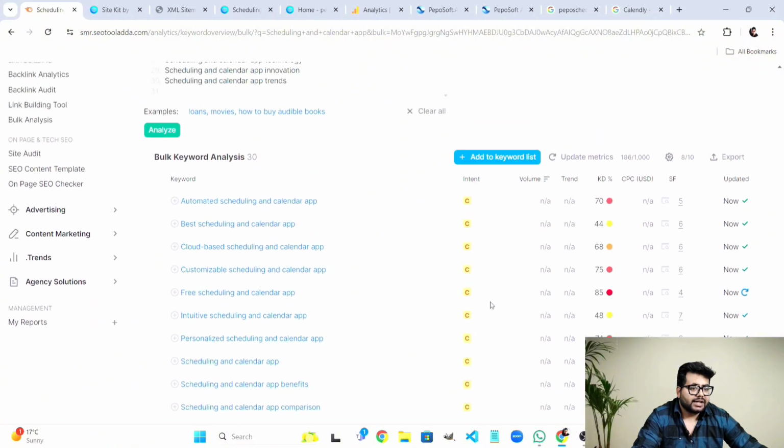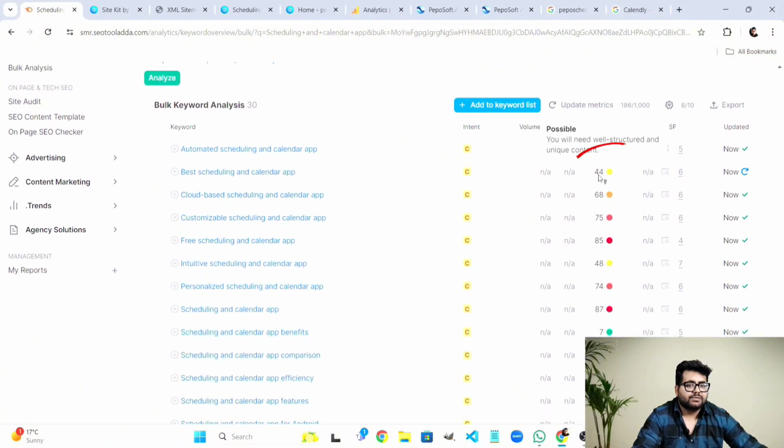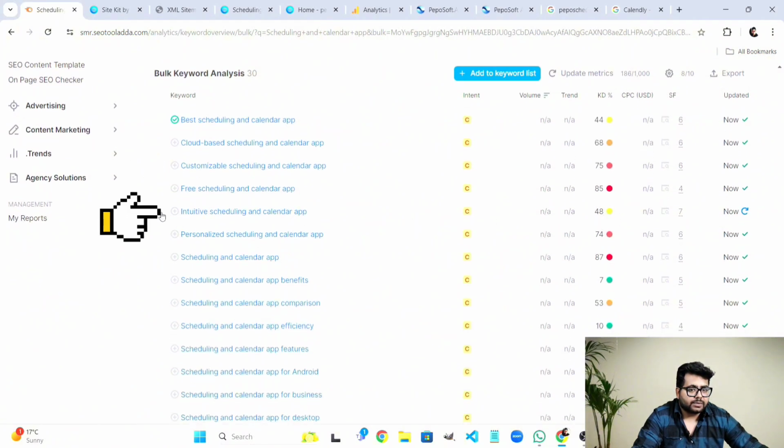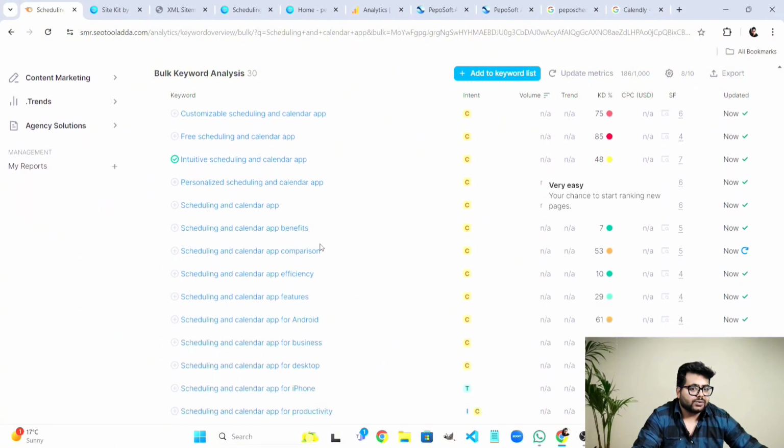So see, there are keywords with a keyword difficulty of 44, so I can add this to my list, and I can also add a keyword which has 49 keyword difficulty. I can add this, and see, there is one more with 7 keyword difficulty, so I can add this, and I can go on and add keywords which are relatively less competitive, which are easier for us to actually do